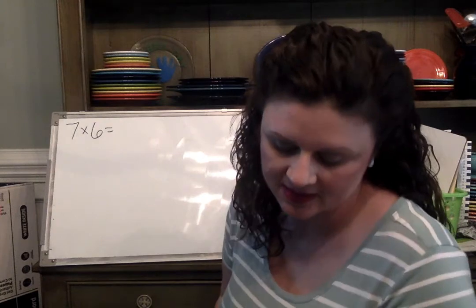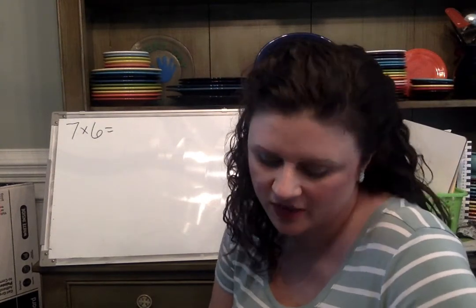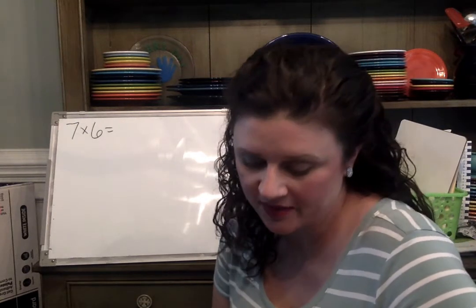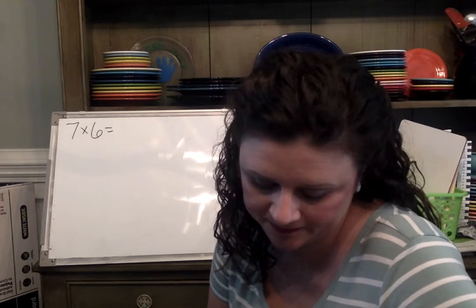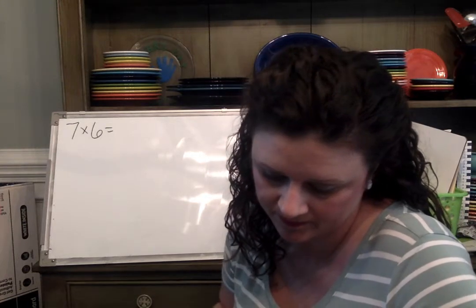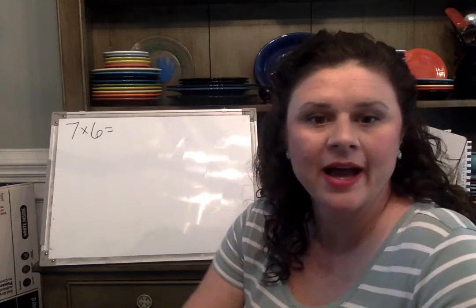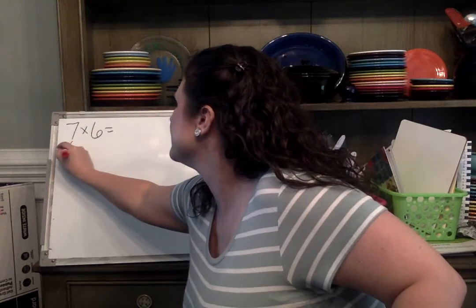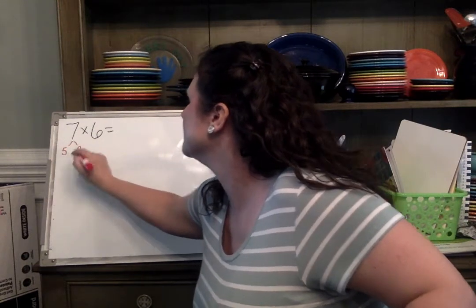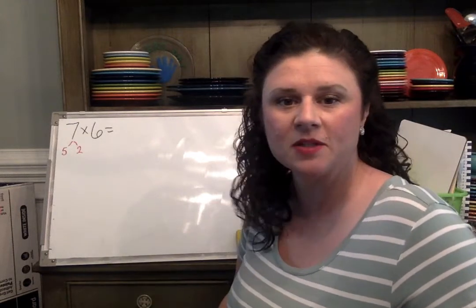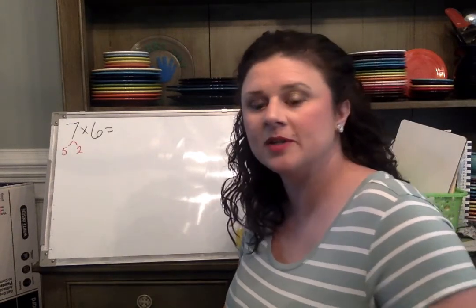This one's going to be 7 times 6. Now this is not a really friendly problem either. Can you think of a strategy to help you solve this? Stop the video and see if you can think of a strategy that we've come up with. I was thinking about using those multiples of 5, because inside that 7 there's a 5 and a 2. 5 times 6 is 30. 6 times 2 is 12. 30 plus 12 is